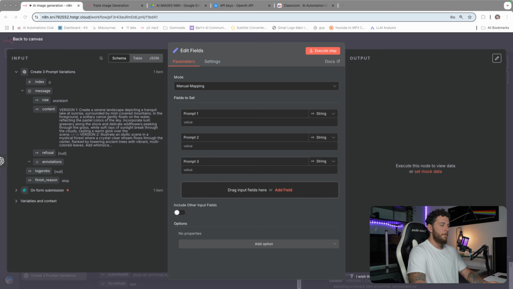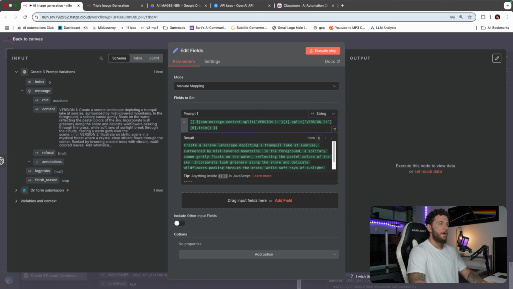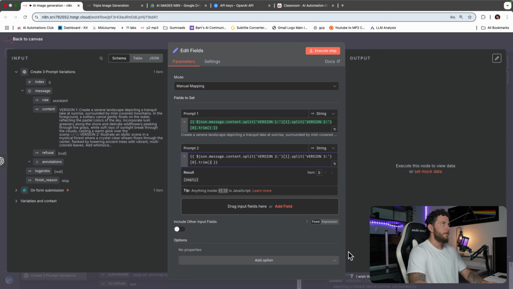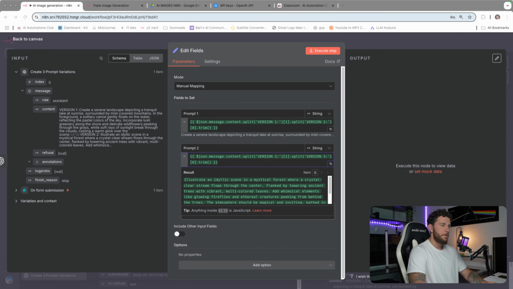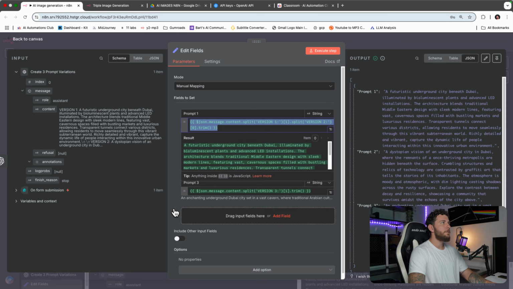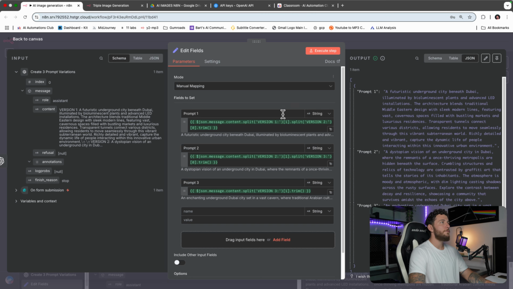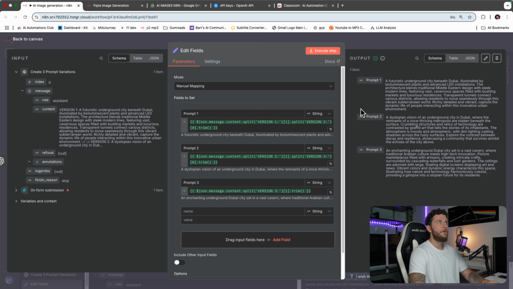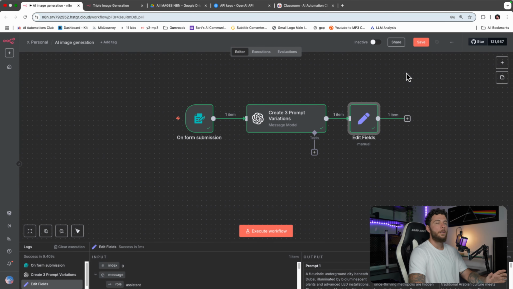And from here, we're going to add in this value for each of them, and we'll keep it as a string as well. And this will just allow it to pull out the different versions and split them. Just copy in these different strings. As I said before, you can find them all in the classroom section in my Skool, but for now, just copy them in, and you see that the output that we got was prompt 1, prompt 2, and prompt 3. So now we have all of our outputs separated into all these different prompts,